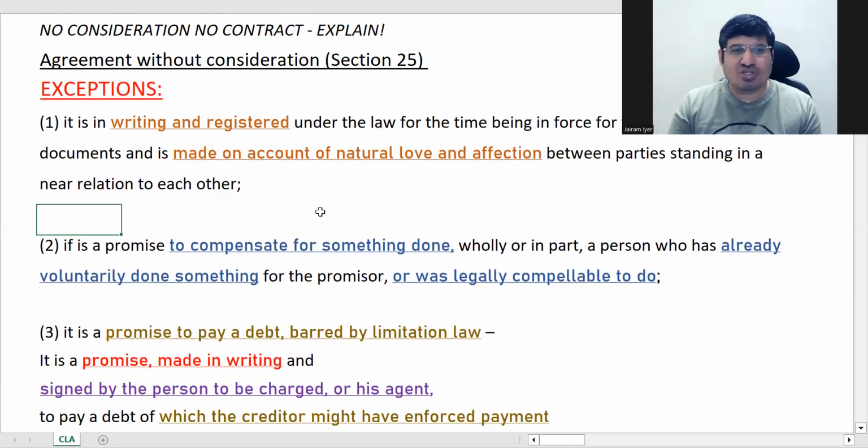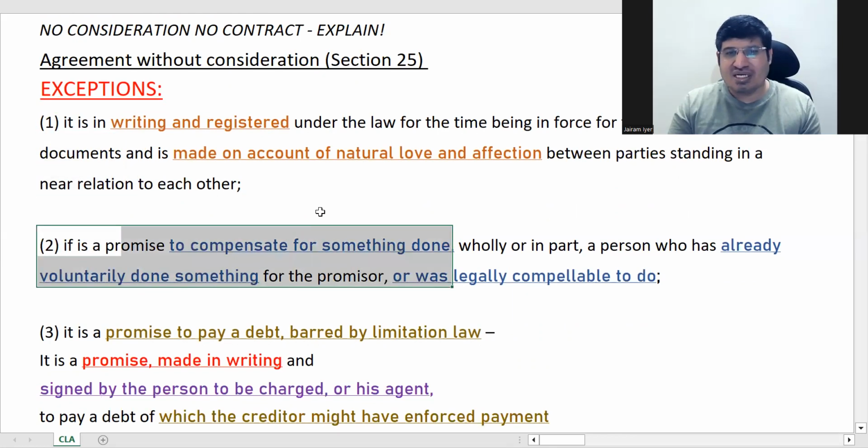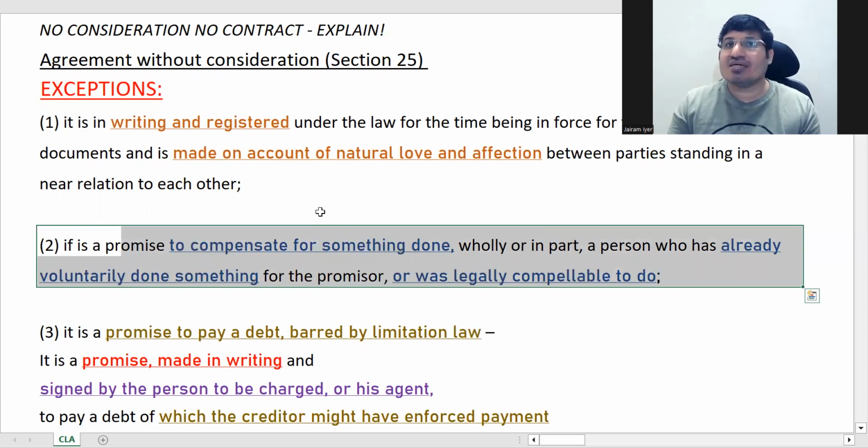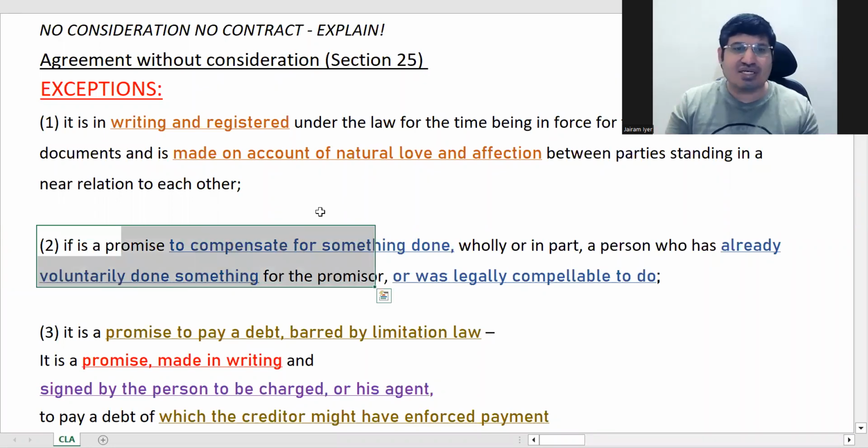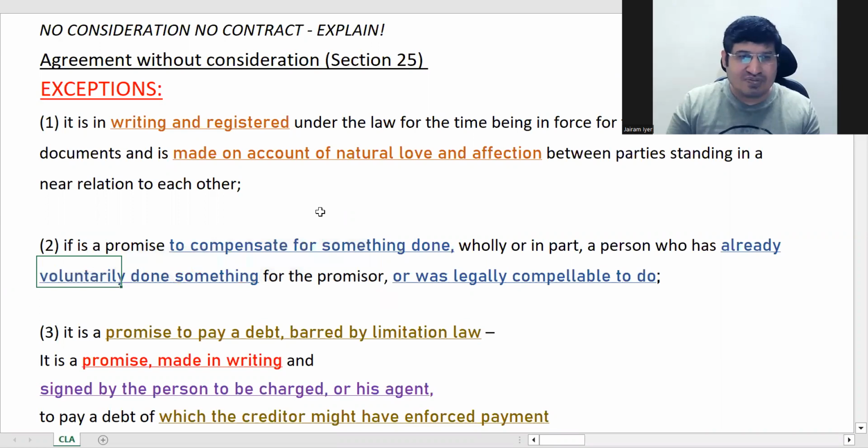So both of these we have seen are agreements without consideration. Here there is consideration, but it is not visible clearly. You see, this might come up say after 10 years or so. You might give him a contract later on after 10 years. He might encash it 5 years after that. So although there is consideration, it is invisible.